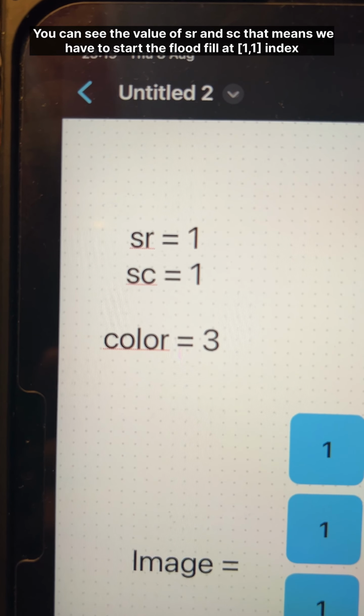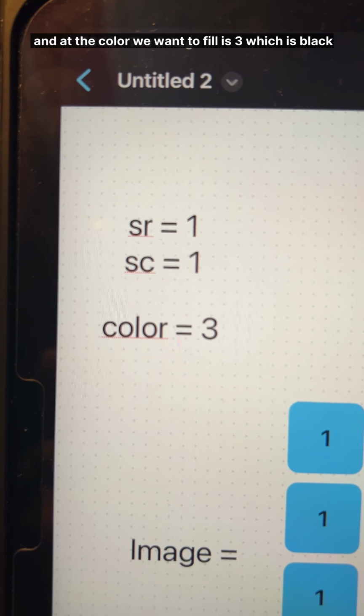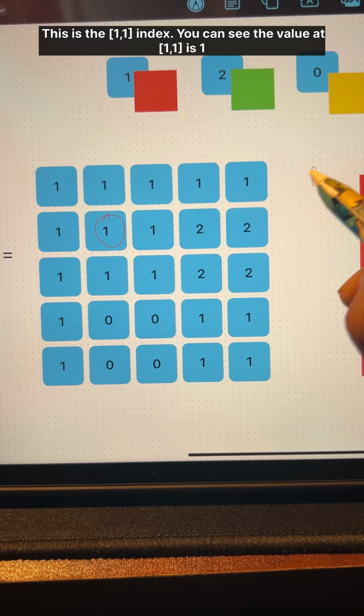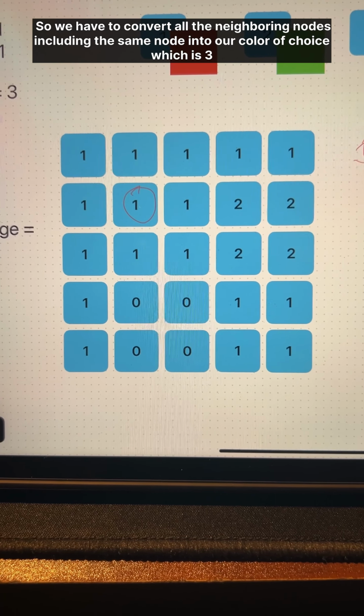You can see the value of SR and SC. That means we have to start the flood fill at the 1, 1 index, and the color we want to fill is 3, which is black. This is the 1, 1 index. You can see the value at 1, 1 is 1. So we have to convert all the neighboring nodes, including the same node, into our color of choice, which is